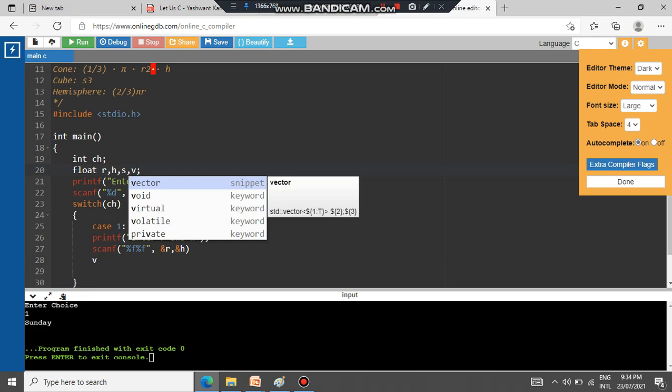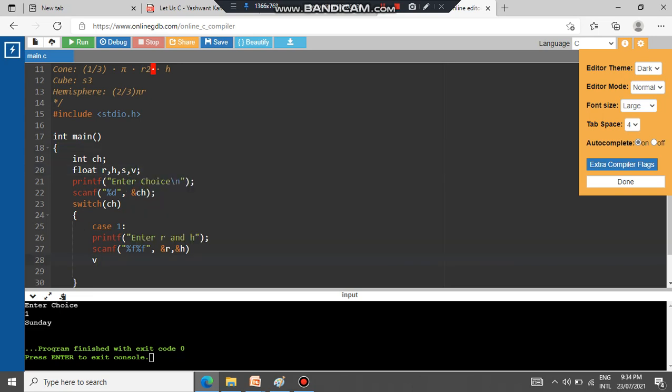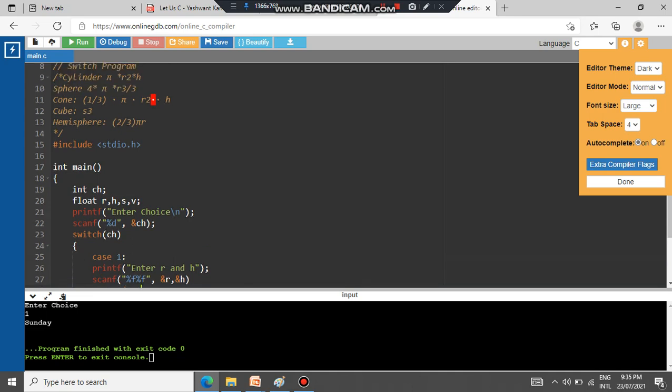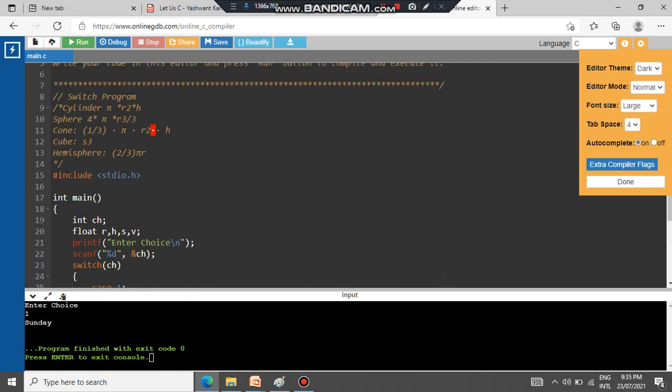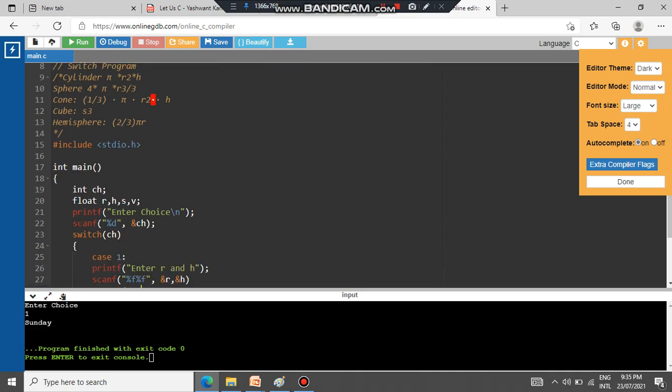V is equal to pi. Pi is 22.0 divided by 7.0. You can also use a value 3.142. First of all, it is a cylinder. So enter the choice cylinder.